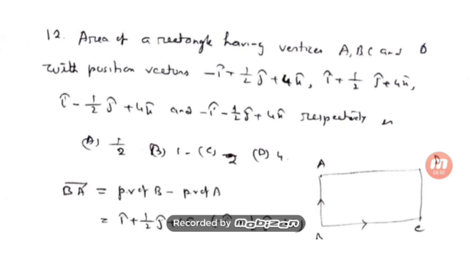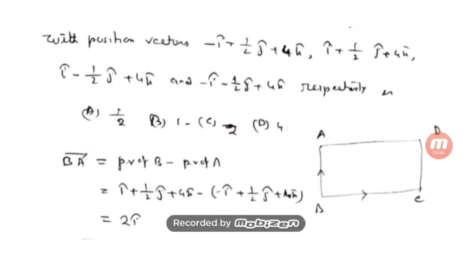Actually it is a parallelogram, so we need to find the area of this rectangle, that means the area of the parallelogram. As the position vectors of the corner points A, B, C, D are given, I'll try to get the two vectors with co-initial points. Position vector and vector are different, so do not get confused.